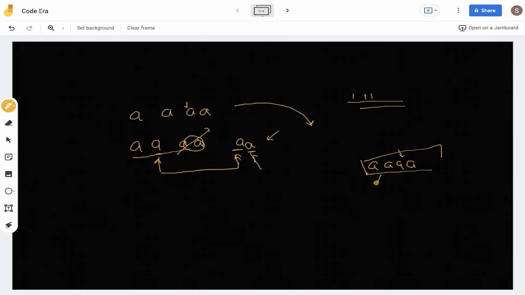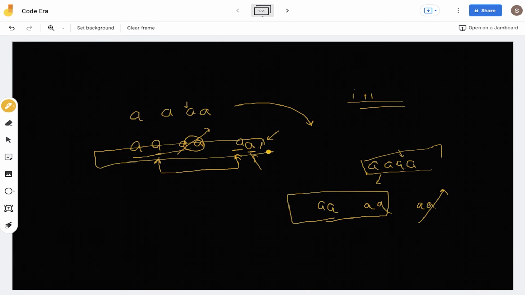So let's write the sequence of bigrams of this word. The sequence is AA, and if we have removed a bigram, that is the last bigram, we have come up with the same sequence as given in the input test case. Since we do not have to match the words, we only have to match the sequence, we can easily append any letter at the end. Now let's summarize our approach.